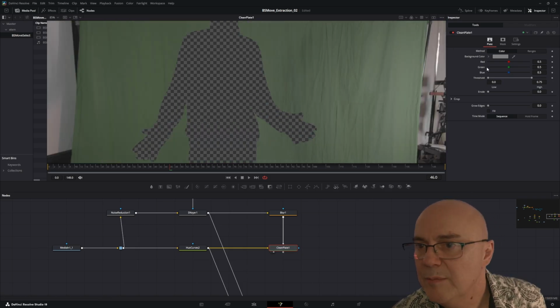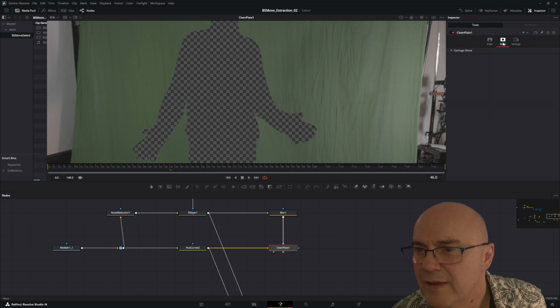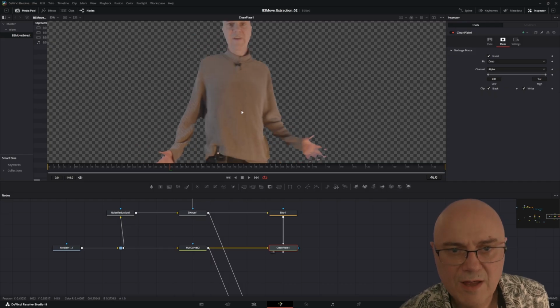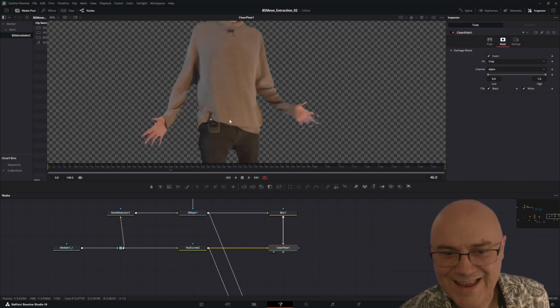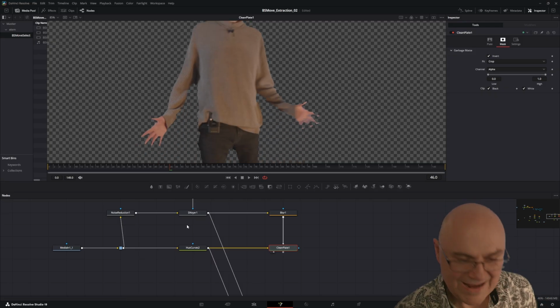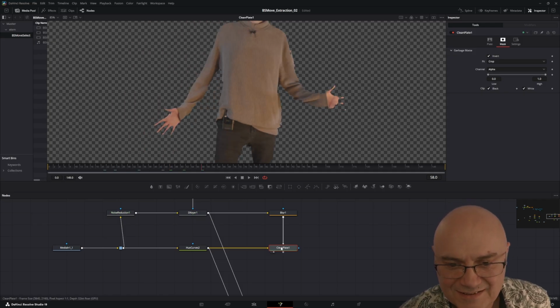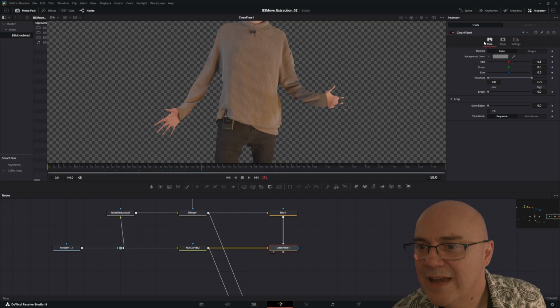So double click on the clean plate, go to, I think it's mask, garbage mask, invert. There we are. Okay, so now they look like an alien. So if you want to make an alien movie, perfect. There we are. So now you can click on the clean plate, go back to plate, and then we want